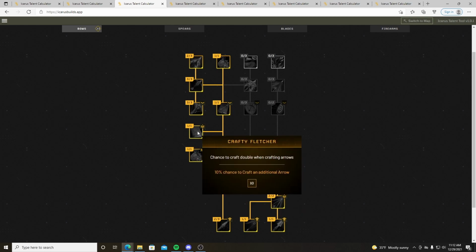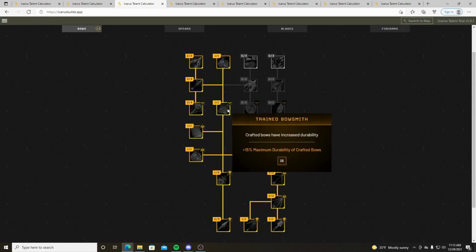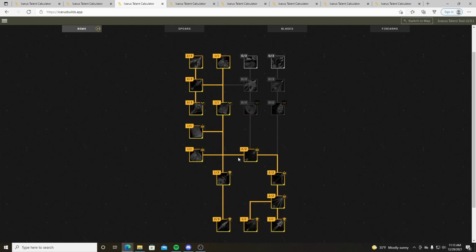Arrows, same. Chance to craft double when crafting arrows, 10% chance. Every 10 arrows you craft, you get an extra one. Durability, so when you craft all your teammates' bows, they all have 15% more maximum durability. And then you go down here and get...